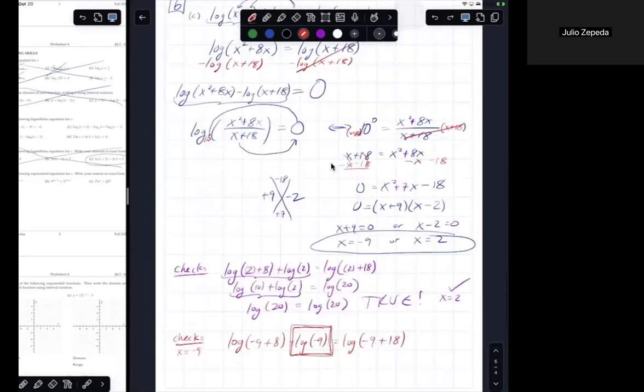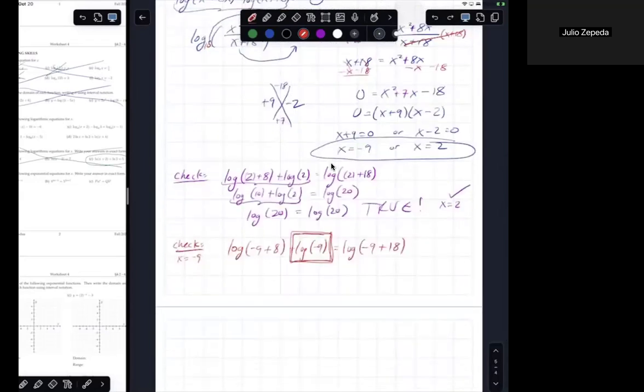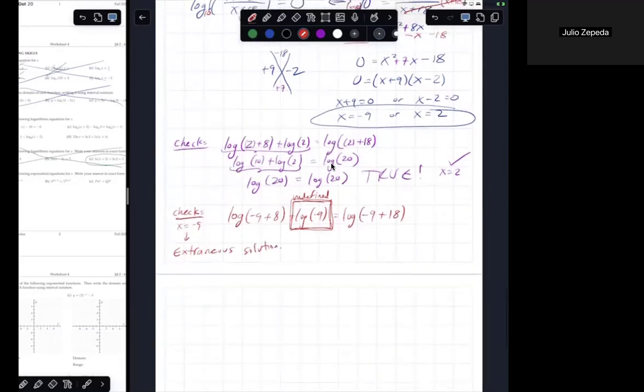So if we take a close look at this, log of negative 9 is undefined, which means this is not a true statement, and x equals negative 9 is what we call an extraneous solution. All right, and if I had a lot of time, I could talk more about what this means, but essentially,